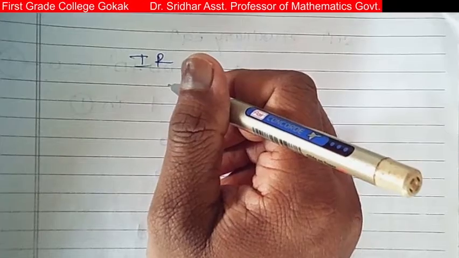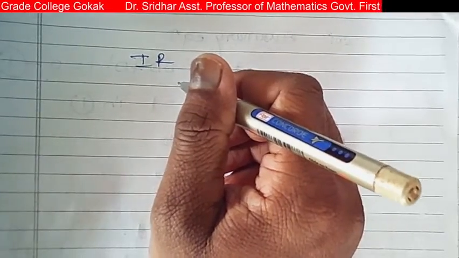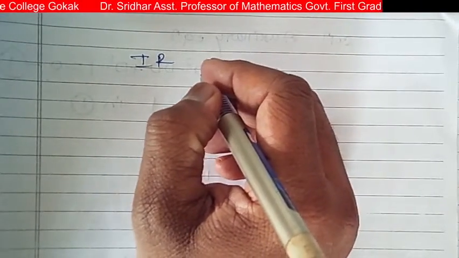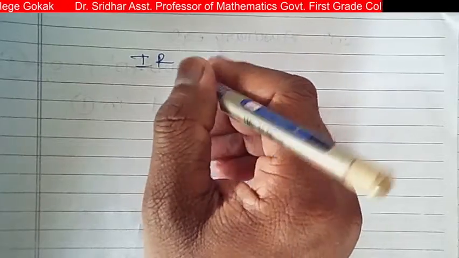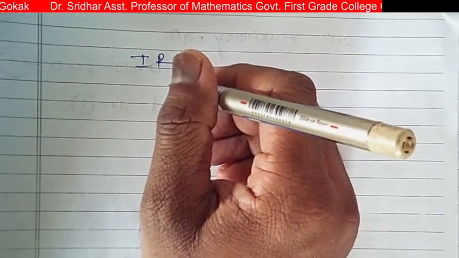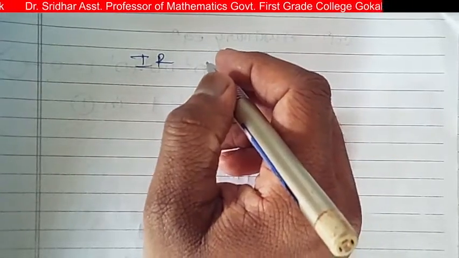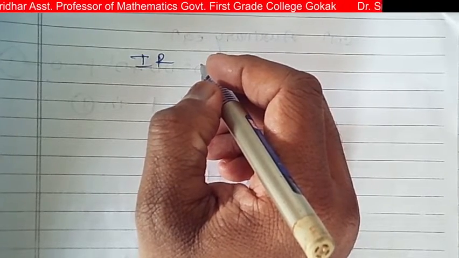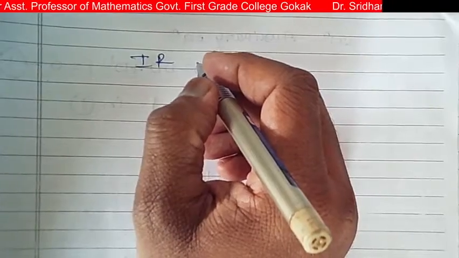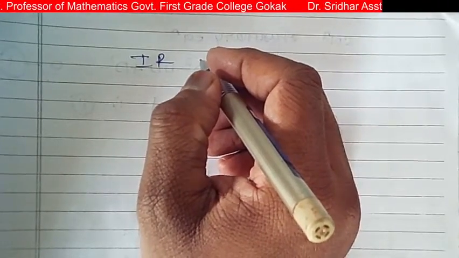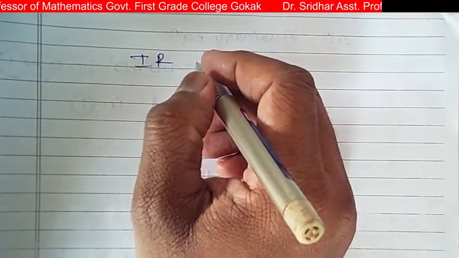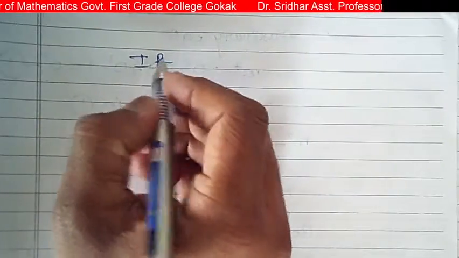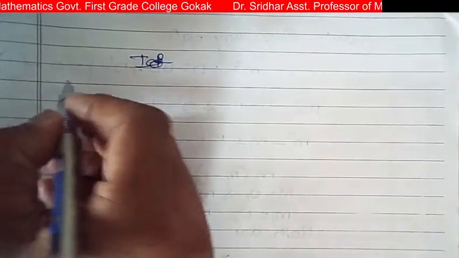Similarly, if the two roots are the same, then we write the solution as e raised to m1x into f1 of y plus m1x, plus x into f2 of y plus m1x. Okay, so now we solve the problems here.